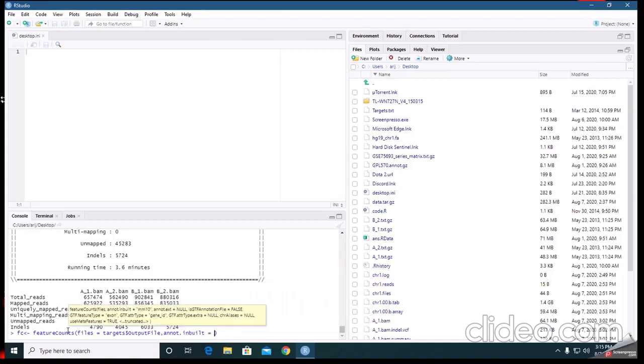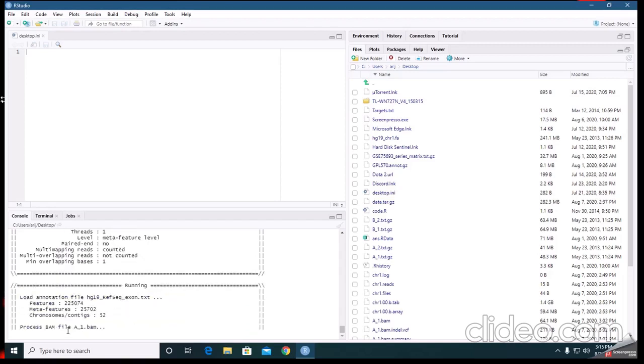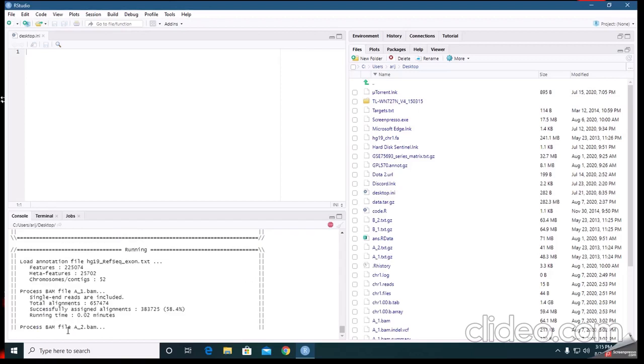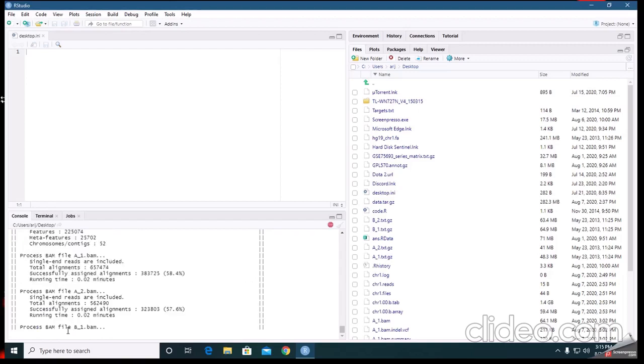Annotation is basically describing the data of data, and the inbuilt annotation for our data is hg19. See this? Now they are processing our files, BAM files.